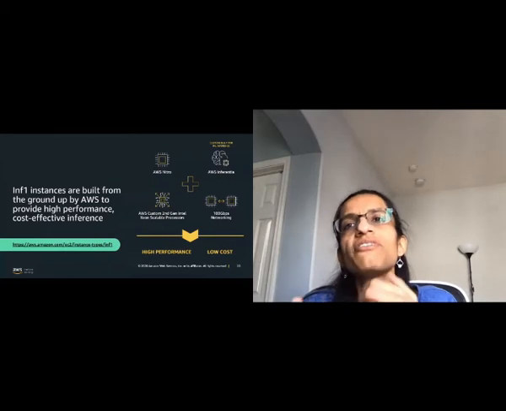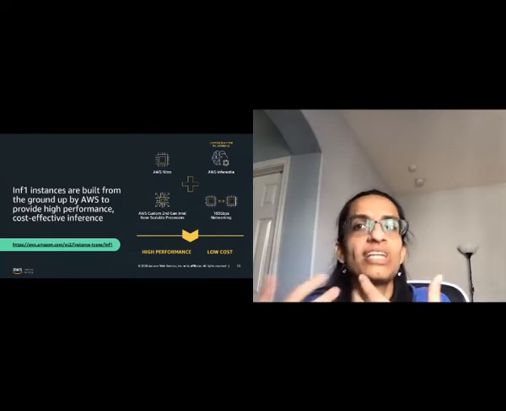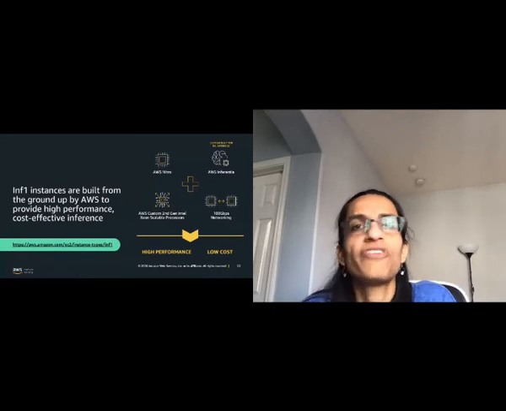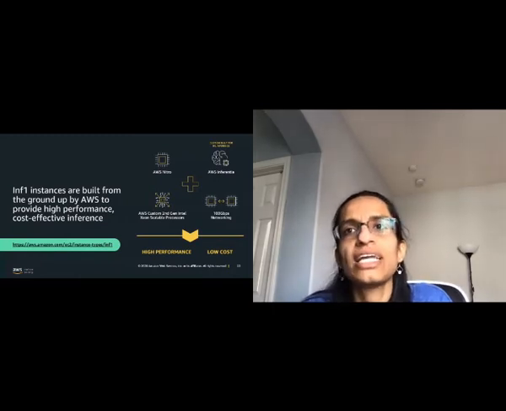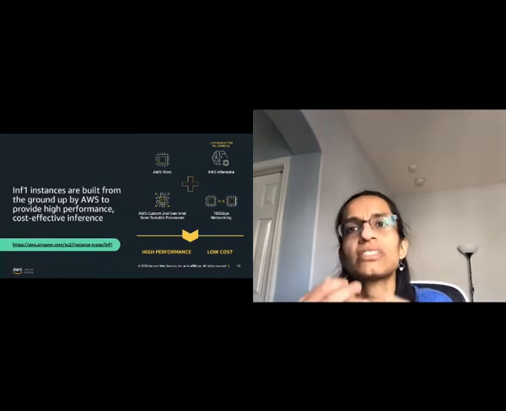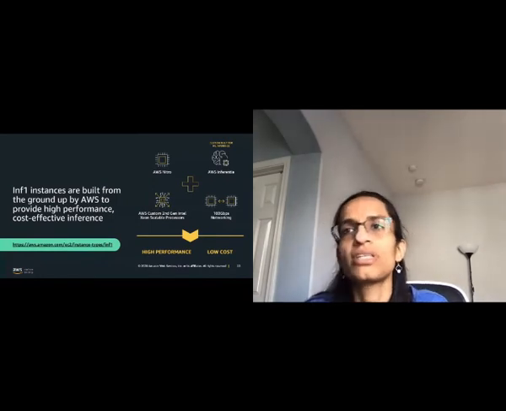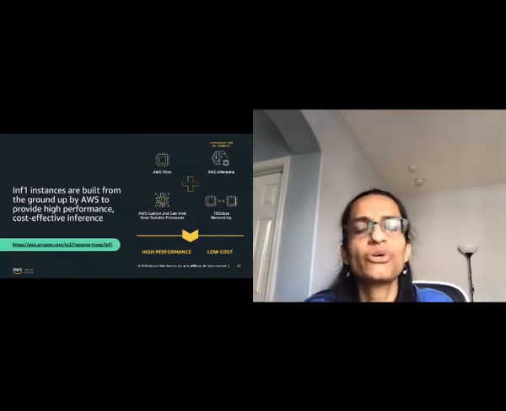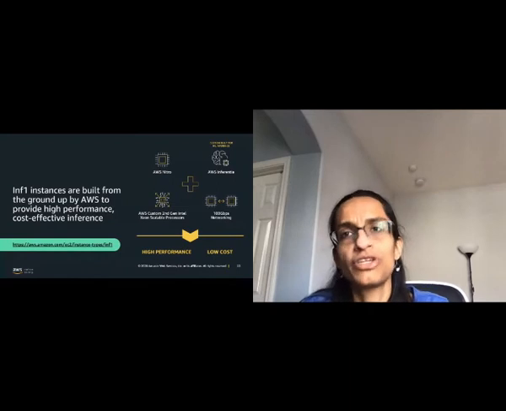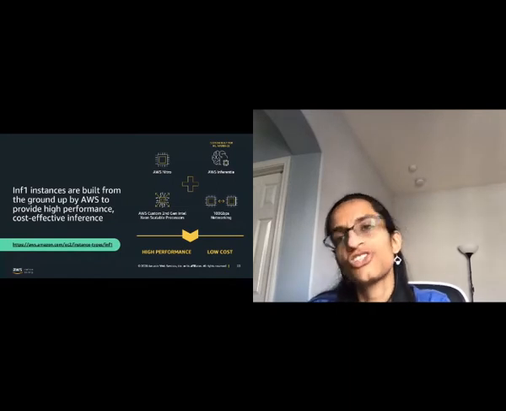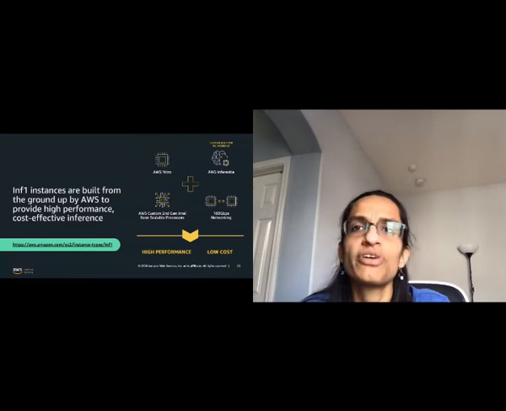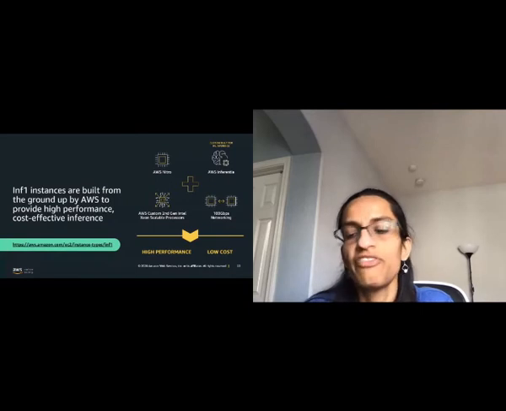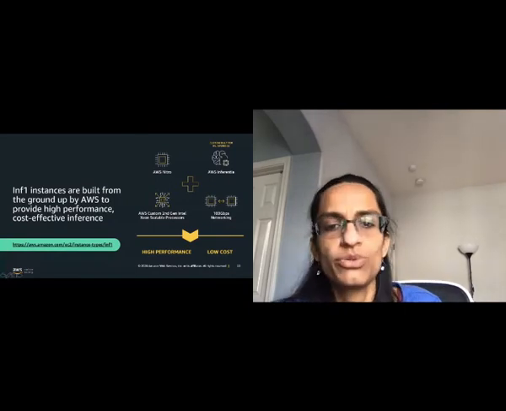The Inferentia chips are coupled with the latest custom 2nd generation Intel processors, and this gives very high throughput inference at very low cost on the cloud. A lot of the inference on cloud is pay per use, so it works out very economically for customers. You're able to achieve large scale machine learning inference for applications like image recognition and speech recognition very effectively and cost effectively using the Inf1 chips.